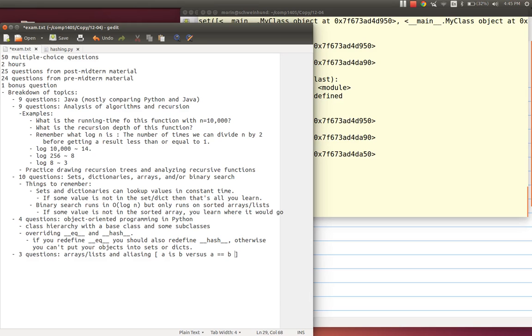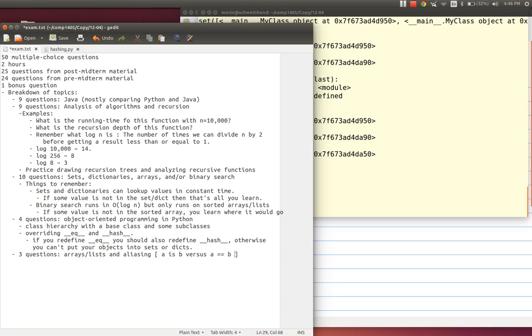So remember those pictures that we drew that have little boxes representing the names of variables, and then those boxes have arrows pointing off to things in memory. And be able to know that when you do an assignment operation like A equals B, all you're doing is taking that box for A and having it refer to the same thing that B refers to. And sometimes that matters a lot, like if they're referring to an array, because you can change an array, in which case you're changing them both.